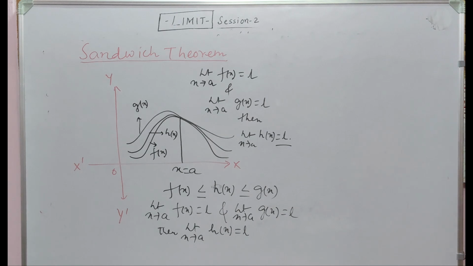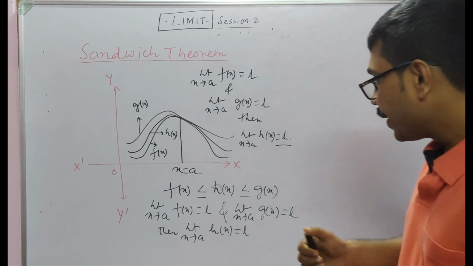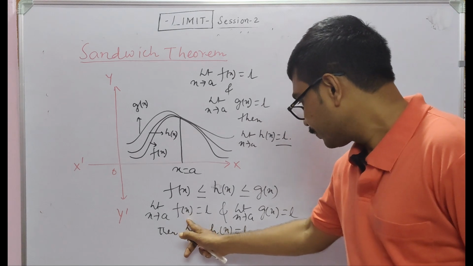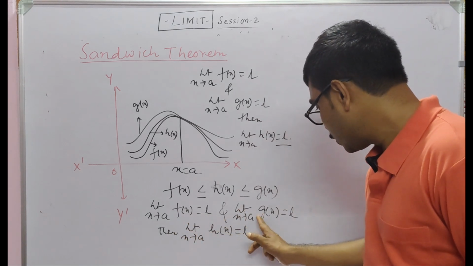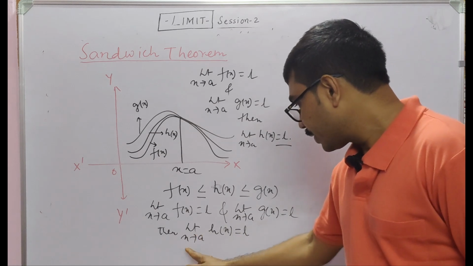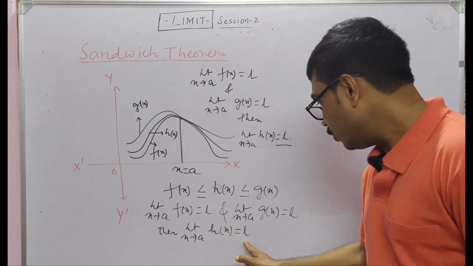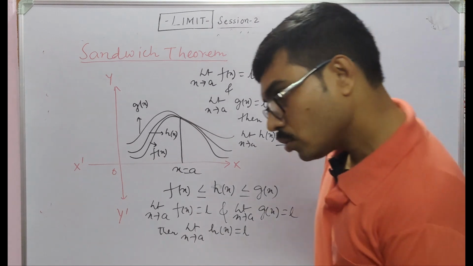The sandwich theorem: let f, h and g be real functions such that f of x is less than h of x is less than g of x for all x in the common domain of definition for some real number a. If limit x tends to a, f of x equal to l and limit x tends to a, g of x equal to l, then limit x tends to a, h of x equal to l. So we can now